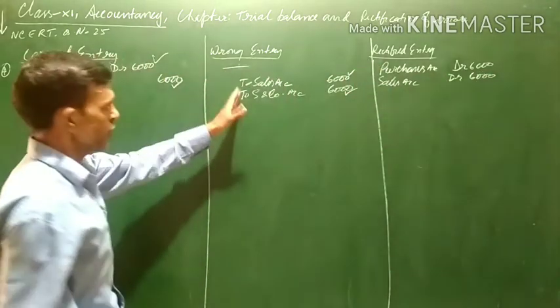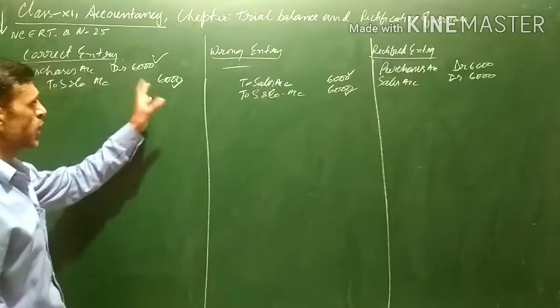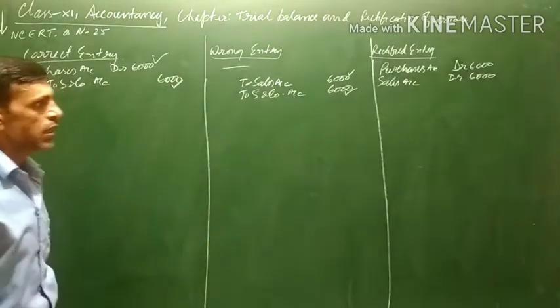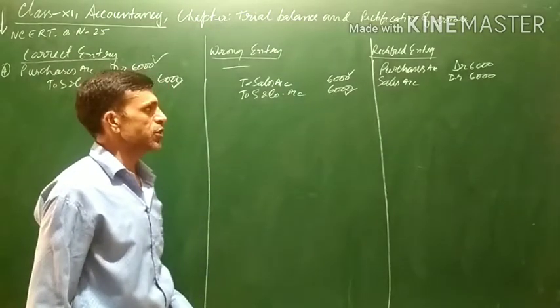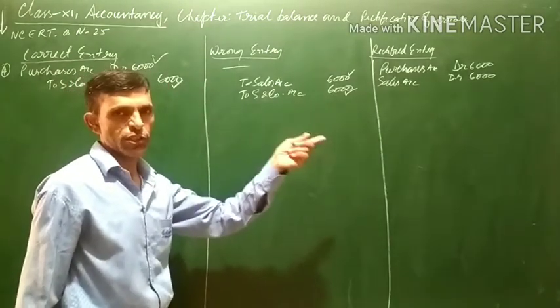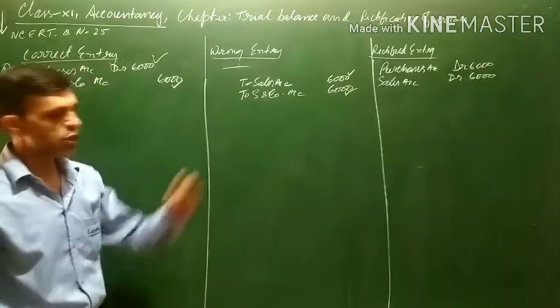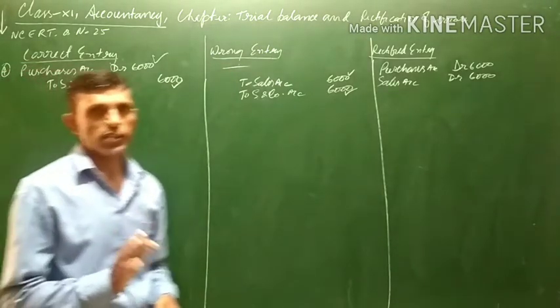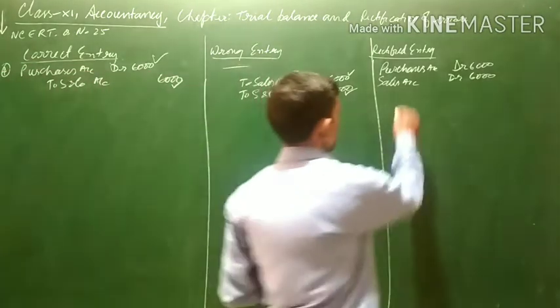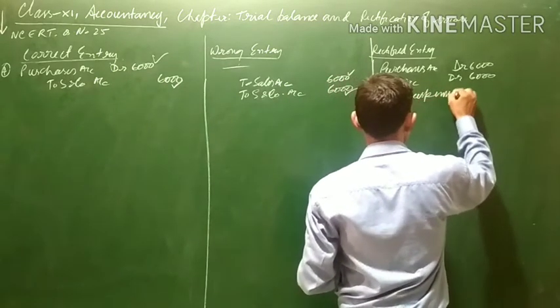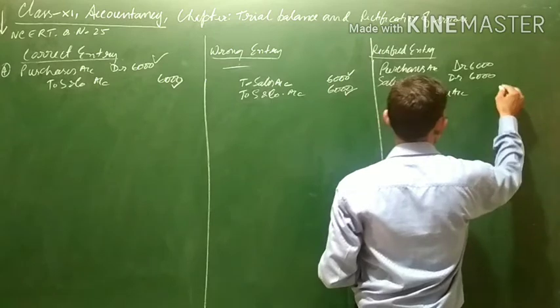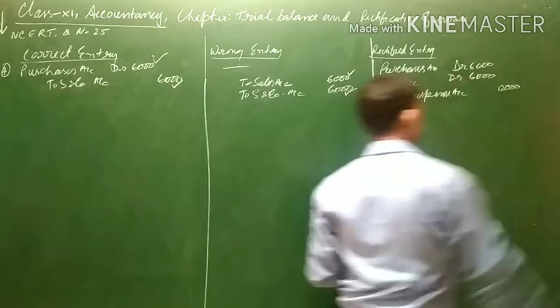All the 4 accounts which were debited or credited have been taken into consideration. Now, as you can see, there is a total debit of 12,000, 6 plus 6, 12,000, but there is no credit. In order to balance debit and credit, we will transfer the balance to suspense account. To suspense account, it will come to 12,000.